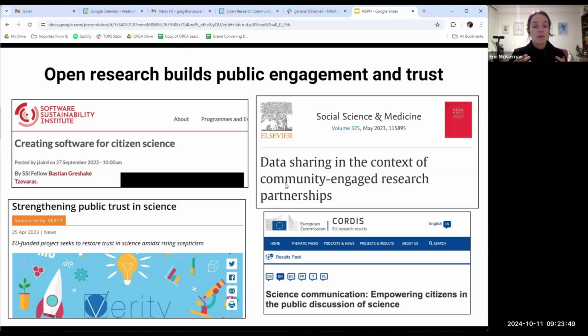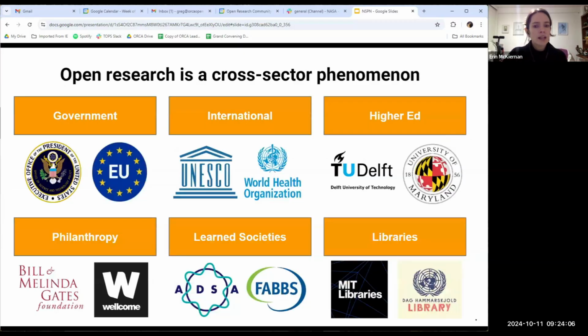We know that that is a growing issue, right? There's a lot of misinformation in the world. People don't necessarily understand the results that are coming out of certain studies. So the more that we can be transparent with those results, the better public trust we can build and strengthen those relationships. And I think with that, I'm going to hand it over to Greg to talk about some more of the organizations in the world that are really leaning into open research for all the good reasons that we've tried to outline here.